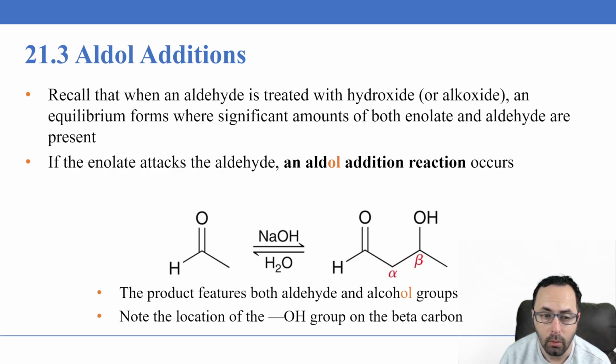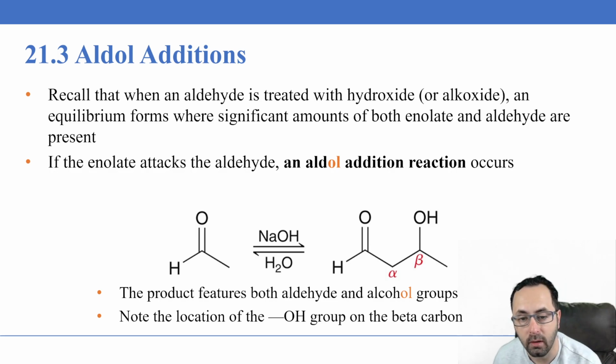Now, these enolate ions can go on and react with the aldehydes and ketones that are already present in the reaction flask and produce other reactions. And also, there are other reactions associated with the formation of these products as well, and that's what we're going to get into today. So remember that when an aldehyde is treated with a hydroxide, an equilibrium forms where we will